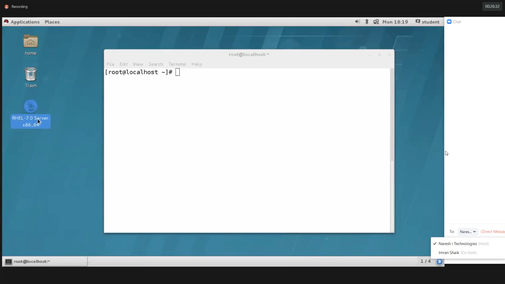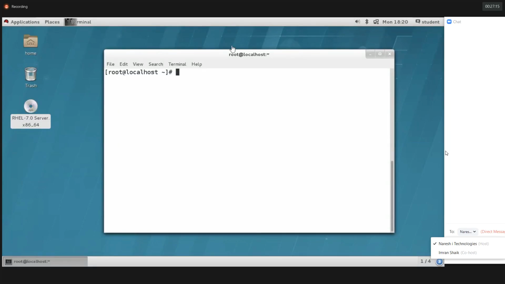Inside this RHEL 7.0 image file we have the packages. Around 80 to 90% of packages we'll get from this packages folder itself, but they are not updated packages. They're the versions from when 7.0 was released. Now how do we open the DVD, guys, with the help of command mode? See here, the image gets detected on top of the desktop. By default it will detect.